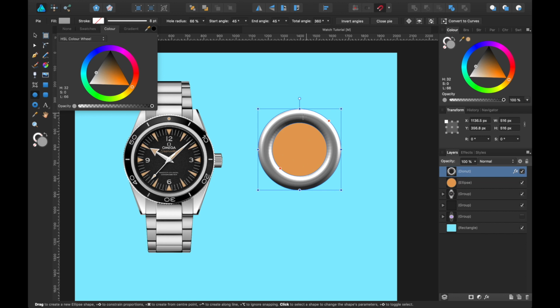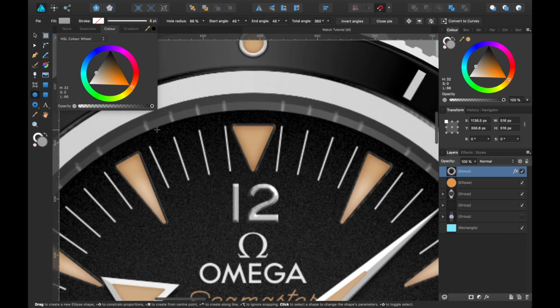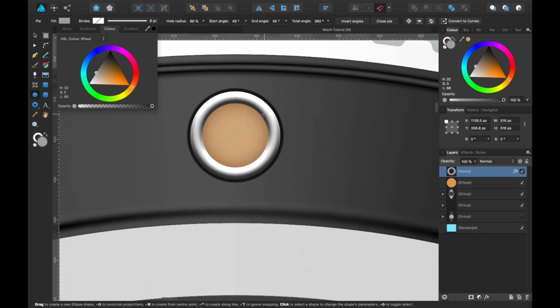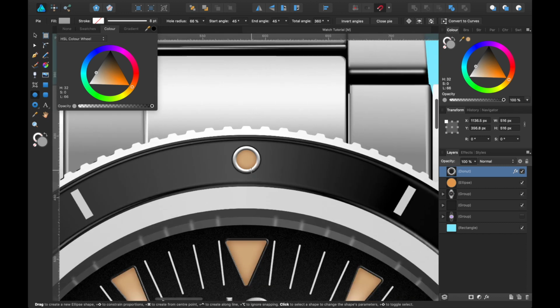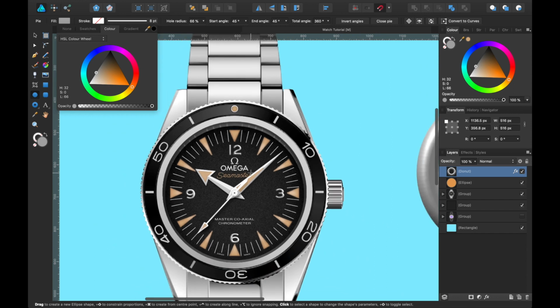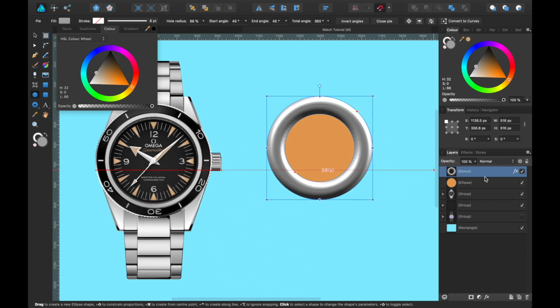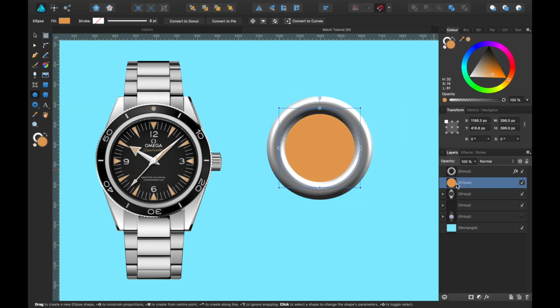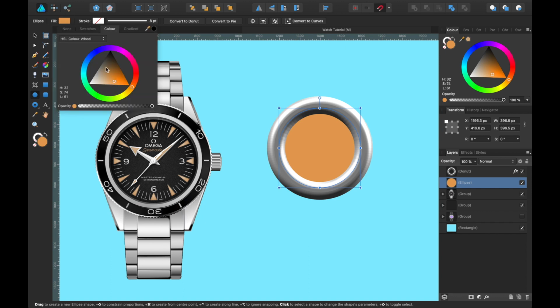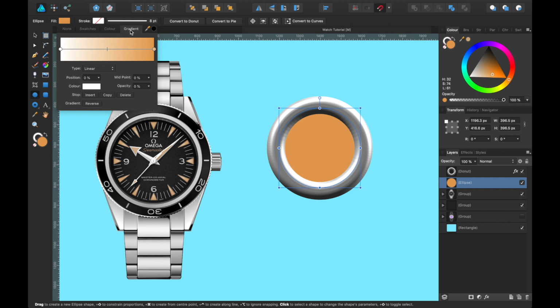Let's change in here the pipette inside. If I zoom in, you can see there's a bit of shadowing around here. And also note there is a shadow underneath here. Maybe that's the way the light's hitting it, but all the details really add to the effect of realism if you're going for that. Let's click on the orange brownie circle and instead of making it one straight color, let's add a gradient.